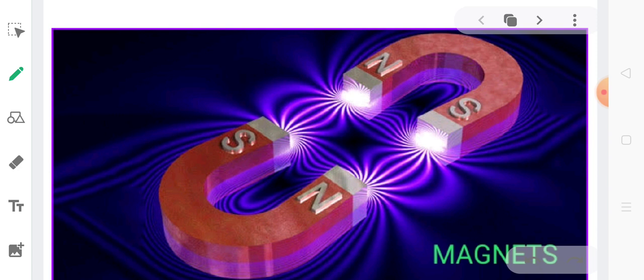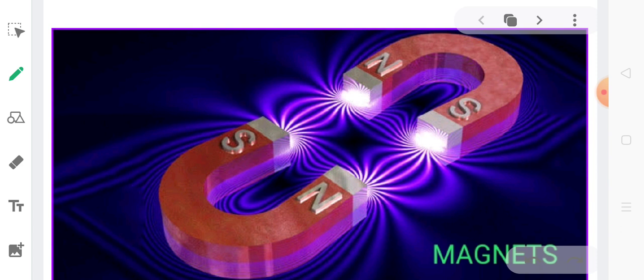We studied what particular property is responsible for the resistance, what particular factors affect resistance, and finally we studied about one important effect of electric current, that was the heating effect of current, which has both its own advantages and disadvantages. Now in the second lesson, that is magnetic effects of electric current, we will be studying about one more important effect of current. Now before we discuss anything about the particular effect of current, we will have a brief